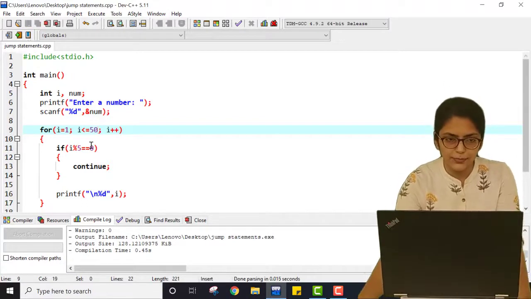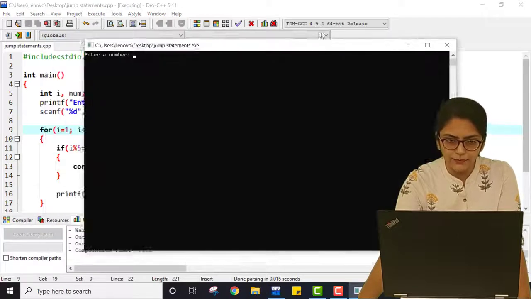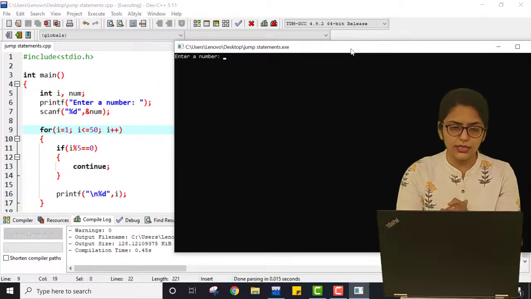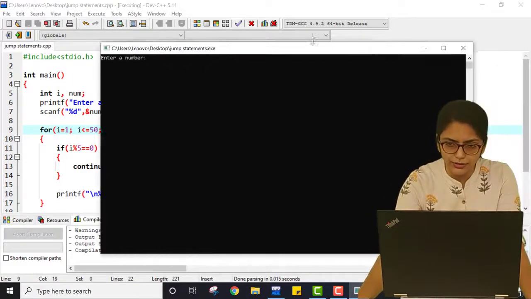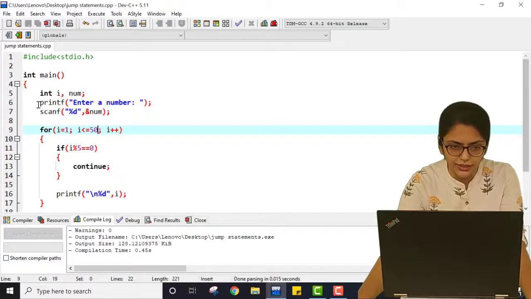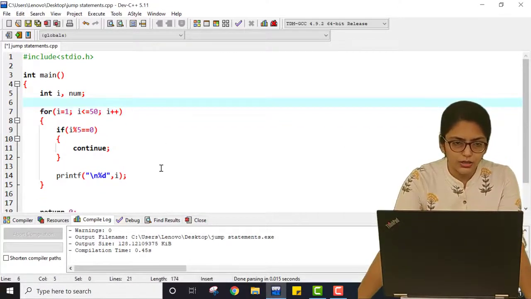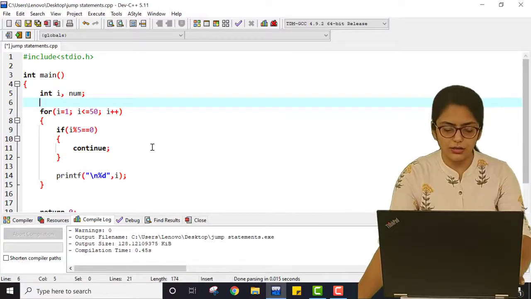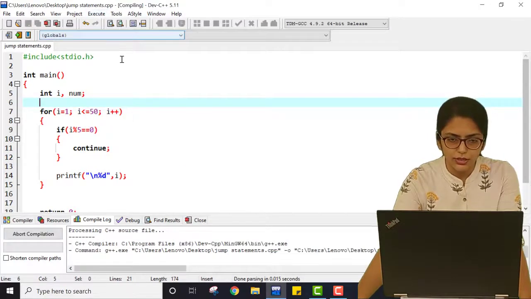If I save this program, compile it and execute it, it is not necessary to ask the user to enter a number, because here I am not checking the condition based on a number entered by the user. Here directly the loop will start from i, that is 1.